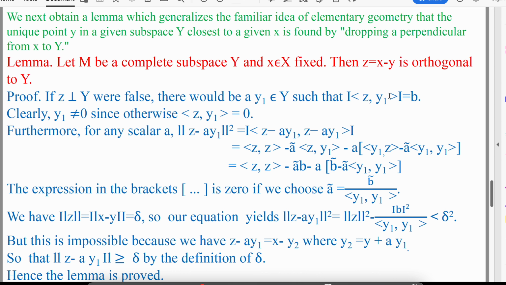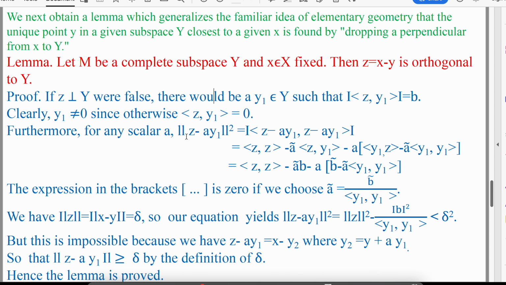If y1 is 0, then the inner product of z and y1 will be 0. Also for any scalar a, norm z minus a y1 whole square is equal to inner product of z minus a y1 with z minus a y1,